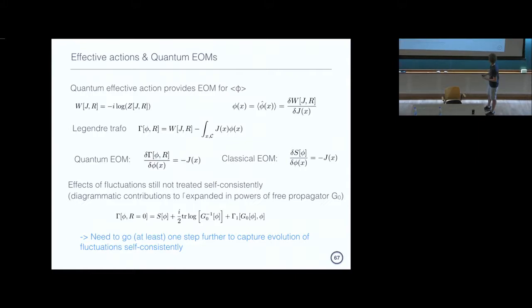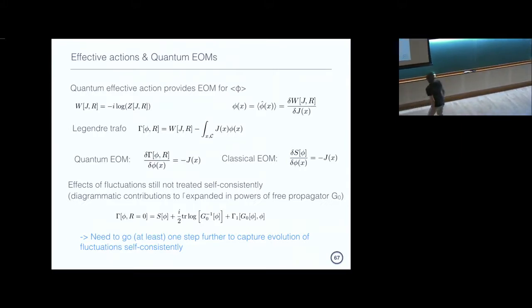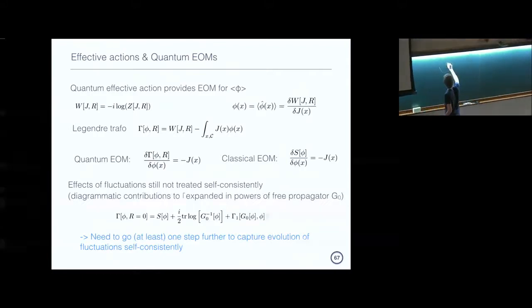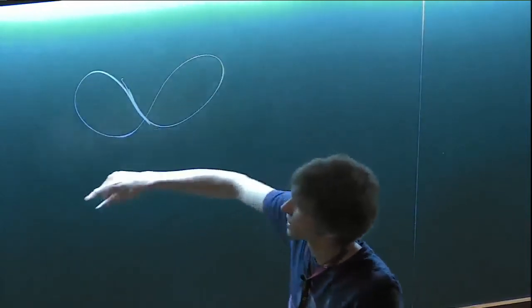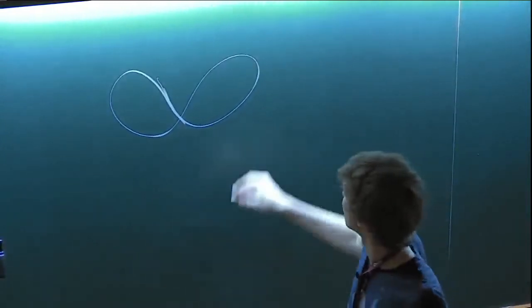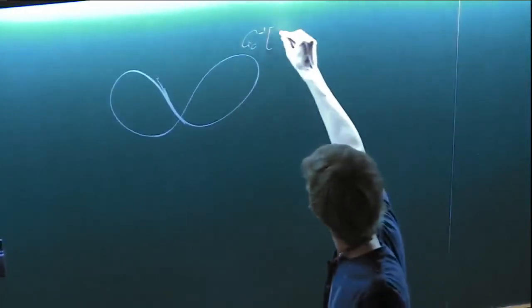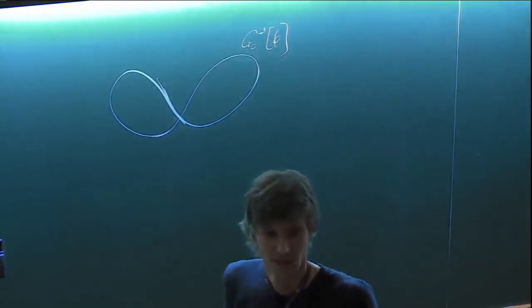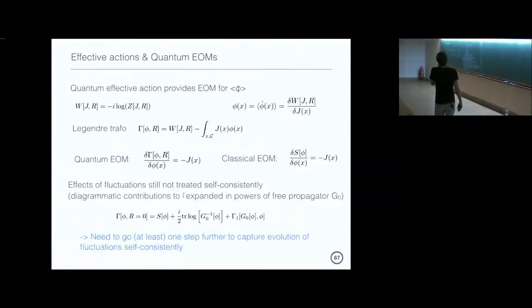If we were to draw a diagram there, let's draw some kind of diagram. I guess the easiest we can draw is this tadpole kind of thing. What we would mean by this in the 1PI effective action is that the propagators that would appear in these diagrams would still be the free propagators in the presence of this classical background field. Okay? So now we may be tempted to think that this is somehow sufficient.